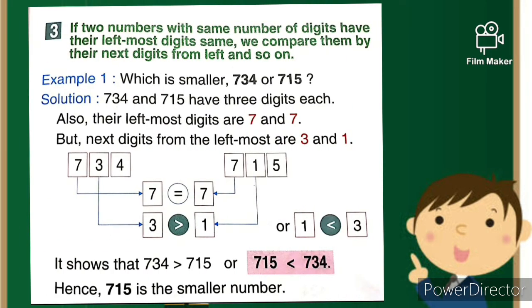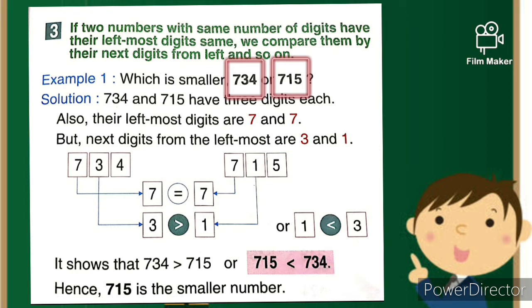But if two numbers with the same number of digits have their leftmost digits the same, then we compare them by their next digits from the left, and so on. So here we have one example. Two numbers are given to us,